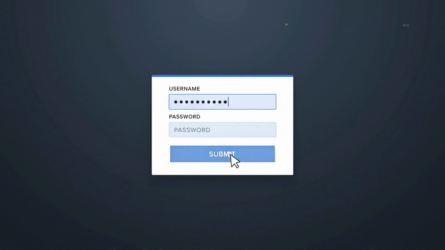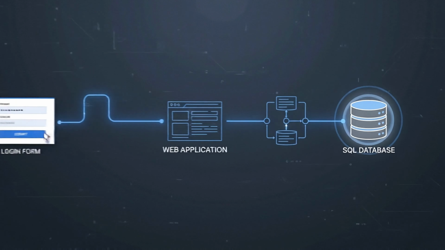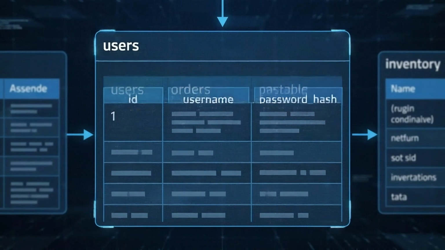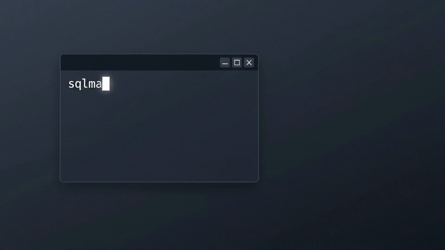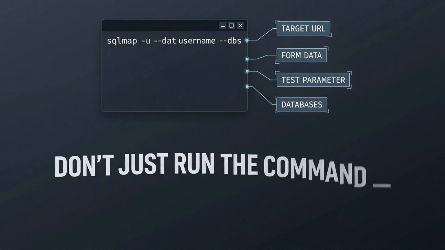What if I could start with nothing more than a login form, identify the database behind it, find its tables, see the columns inside them, and finally recover the data stored there? That's exactly what we're going to do today, inside my own Windows Lab. And I'll explain every SQLMap option along the way, so you understand not just what the command does, but why